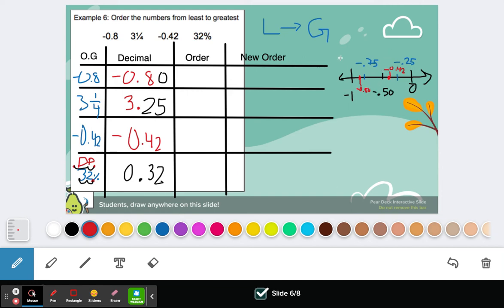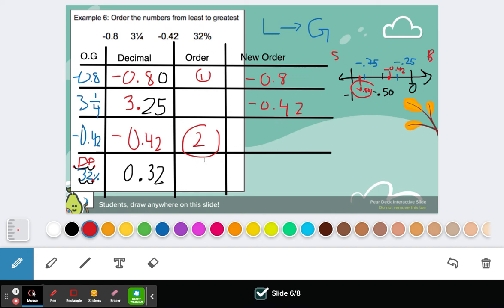So remember, any numbers that are to the left are going to be small. I'm going to write S for small. Any numbers to my right has to be B for big, okay? So comparing the two, this one would be smaller, my negative 0.80. So this one would go first, and then I'm going to write my negative 0.8 first, okay? Because I was comparing it with this one, this one has to be second, and then it's going to be negative 0.42. And then